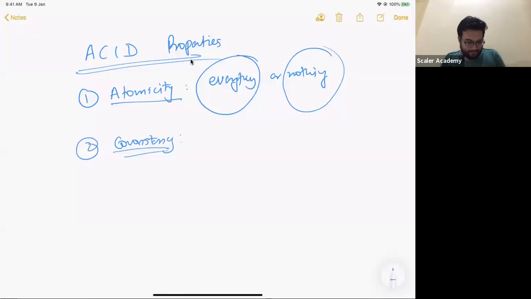So the second thing in this ACID property is called consistency. Okay. So consistency basically means not the CAP theorem wala consistency. Okay. So atomicity was done. There is no doubt for atomicity, right? Do you want me to give you some examples for atomicity here? There is no doubt for atomicity, right? Okay, cool. Let's move to consistency.